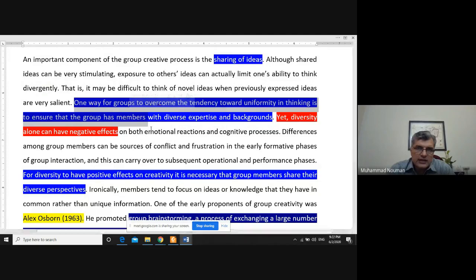that one of the major inhibitors to creativity within groups can be this tendency to build consensus or agree on a single point, and the urgency to agree on a single point, just to demonstrate that the team is collaborating very well. But this can backfire in terms of compromising on creativity or new ideas. So, one way for groups to overcome this tendency towards uniformity in thinking is to ensure that the group has members with diverse expertise and backgrounds. So, diversity of the team, diversity of team members is considered to be a very, very important factor in terms